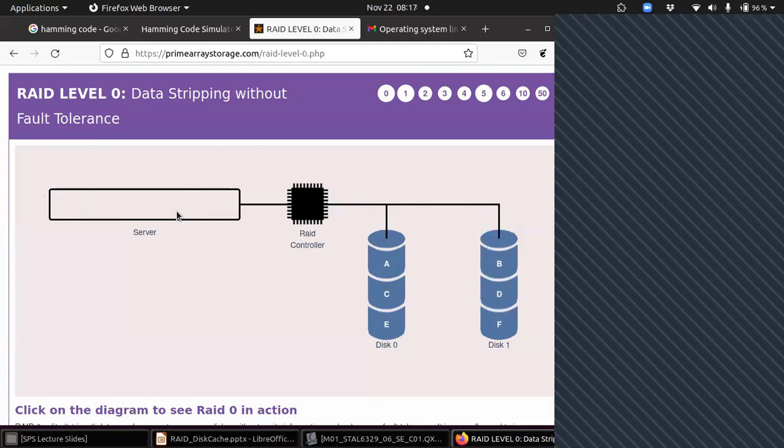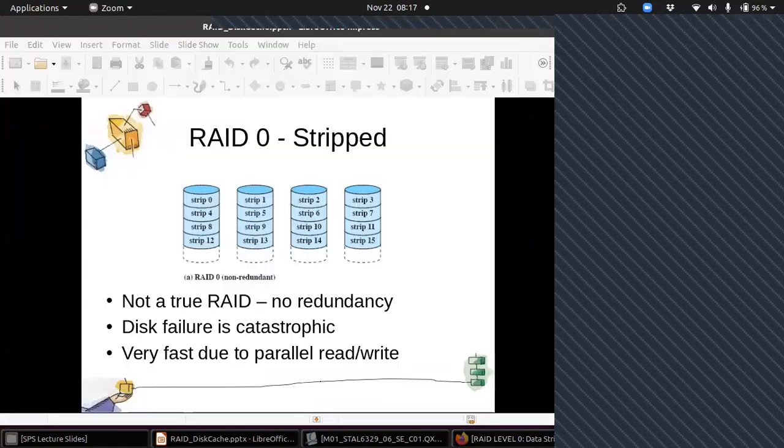This is called striping. Now, what is the purpose? What does it achieve? Here they are showing 4 disks, but at least 2 disks are required. So strip 0, strip 1, strip 2, strip 3. The whole data will be divided into strips and then stored on disks like this.